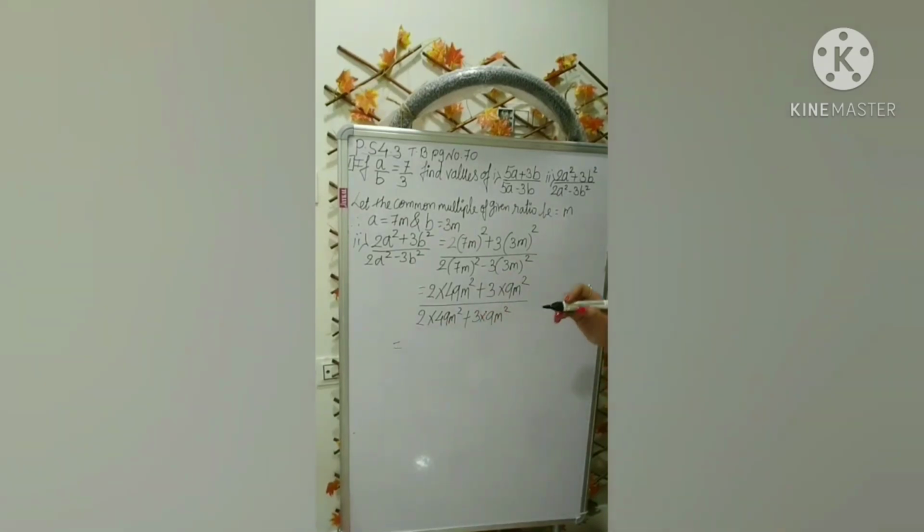So 2 into 49 is 98m square plus 27m square, the whole upon 98m square minus 27m square. So if you add 98 and 27, our answer is